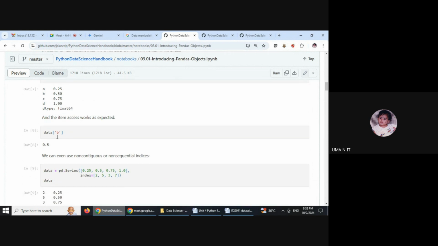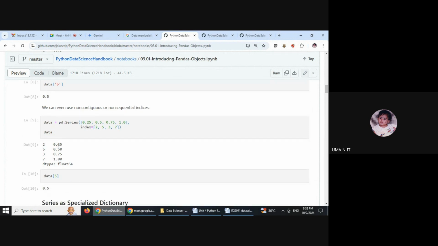And through the index value, we can also retrieve values. So data of the index value B will be printed here. And we can also use non-contiguous or non-sequential indices. Though we fix our index values with integer values, we can fix some random, non-contiguous integers.